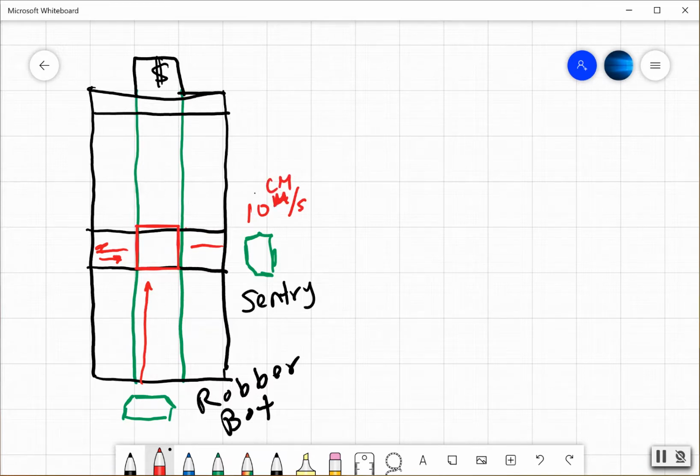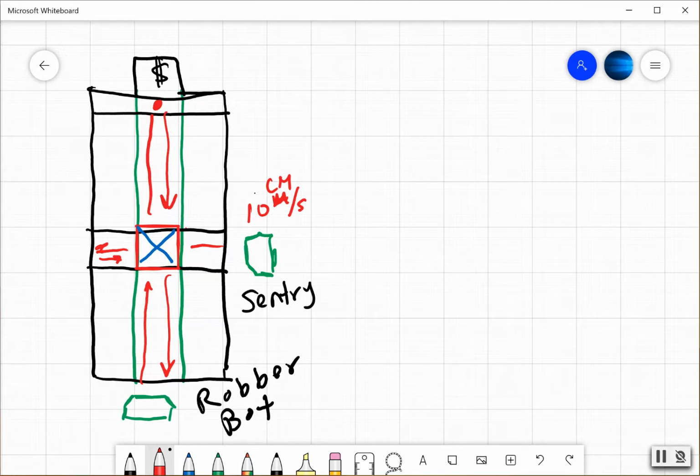Okay, and you get up to here. You're going to pause for 10 seconds, and then you're going to head back and again not be in this box here, in this capture zone box, at the same time as the sentry bot. And then once you clear that, then you get back to the starting position. So again, all the dimensions are on the instruction sheet. I don't need to review that, but